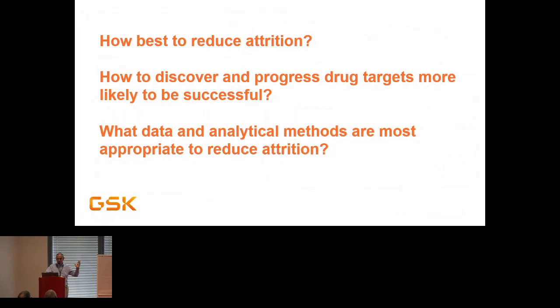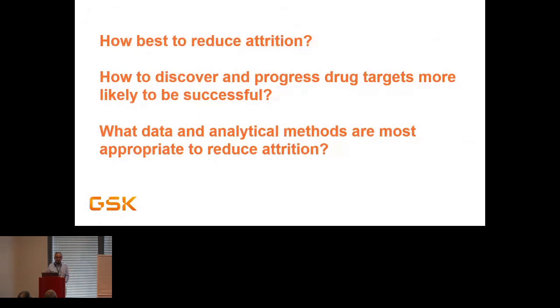That's the reason why we want to ask how we can stop this. If it's efficacy, maybe we can pick the right targets early on. Of course, we have to think of the right disease and the right patient, but also avoid going with the wrong target for a long time. I work in computational biology, thinking about what methods, what approaches, what data we want to use.